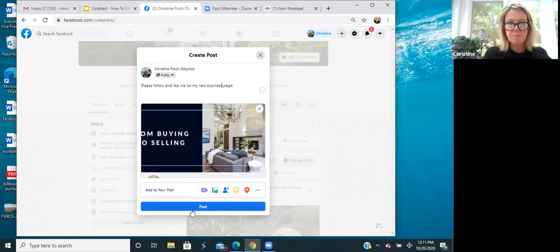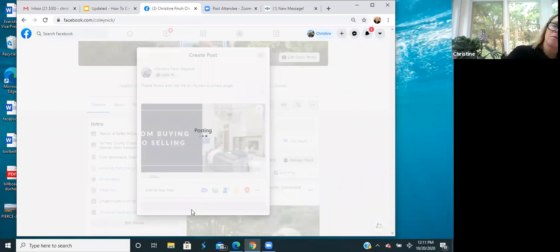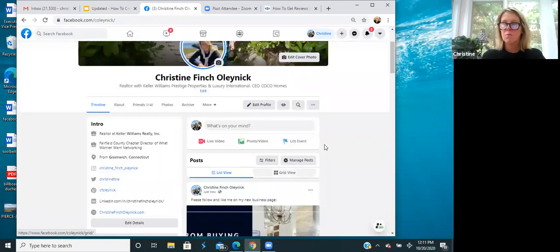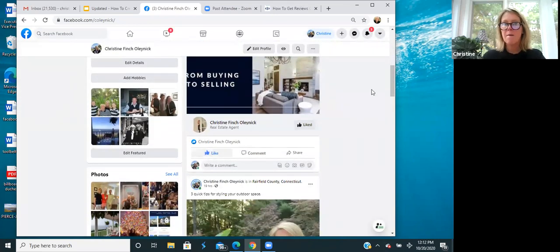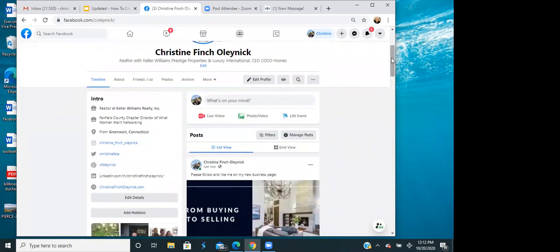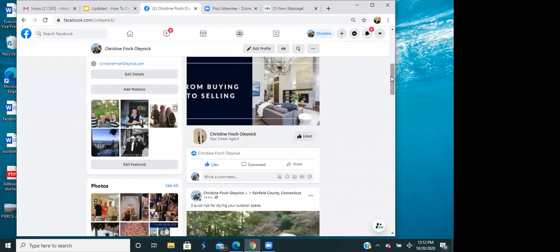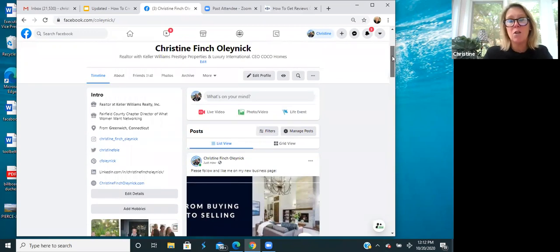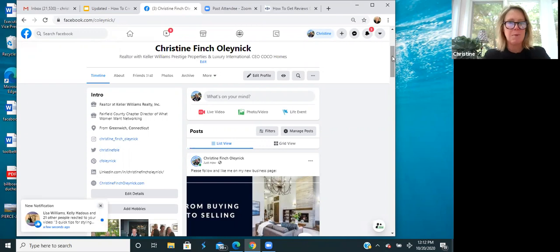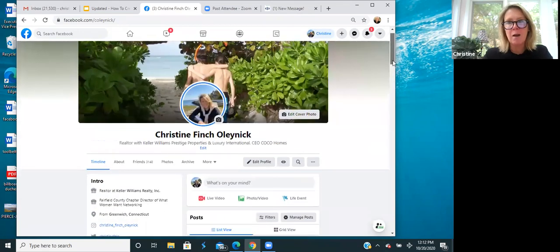And then I'm going to hit post. Here you go, Leo. There you go. So you publish your post, you publish your page on your personal FB. Yes. Okay. Which is a great idea because it just gives you more. You can also invite your friends individually, but I've got a lot more people on my personal page than on my business page. You know, it's great to let people know about it.